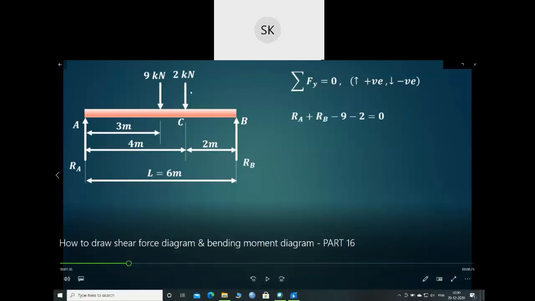so after converting the UDL to point load, this procedure is the same. Now this beam has been converted into a simply supported beam with 2 point loads, and you have to find your support reactions the same way. But when we move to the next step, that is to find out the shear force and bending moment, you cannot take this point load anymore. You have to take the UDL. We are taking this point load for the simplification till the first step, finding of these support reactions.